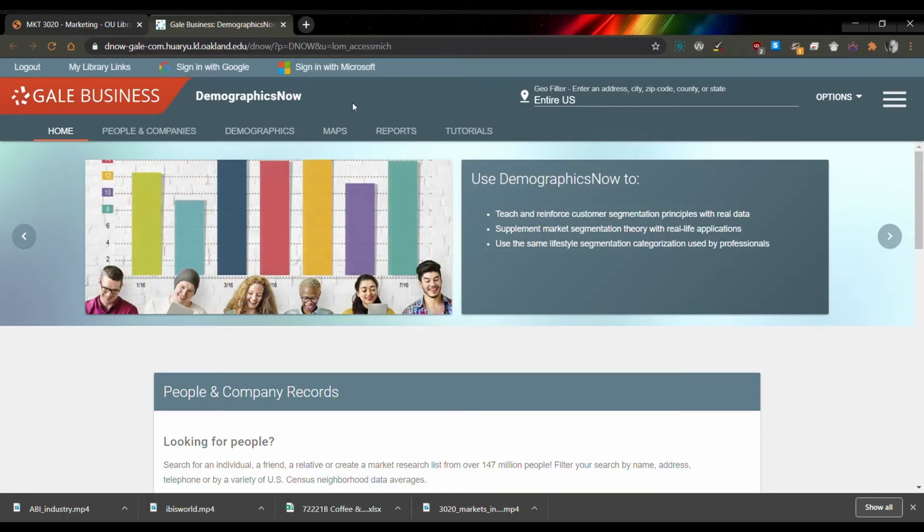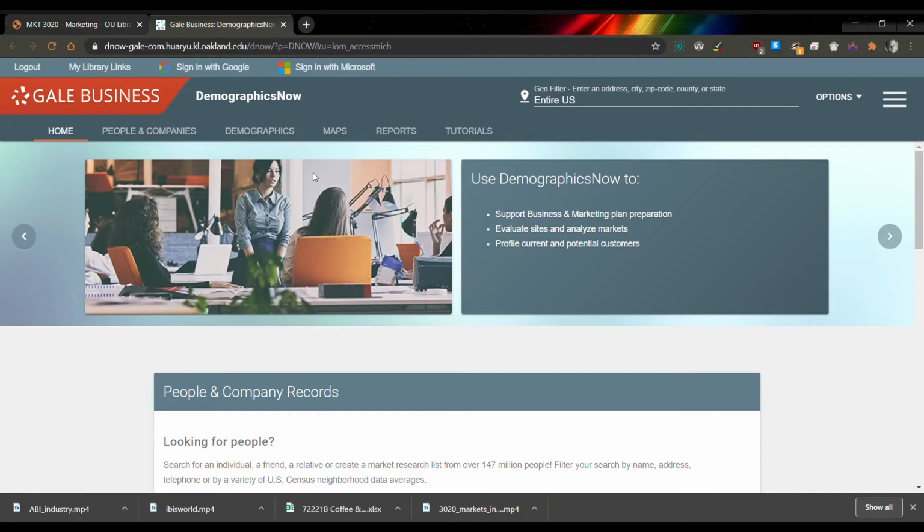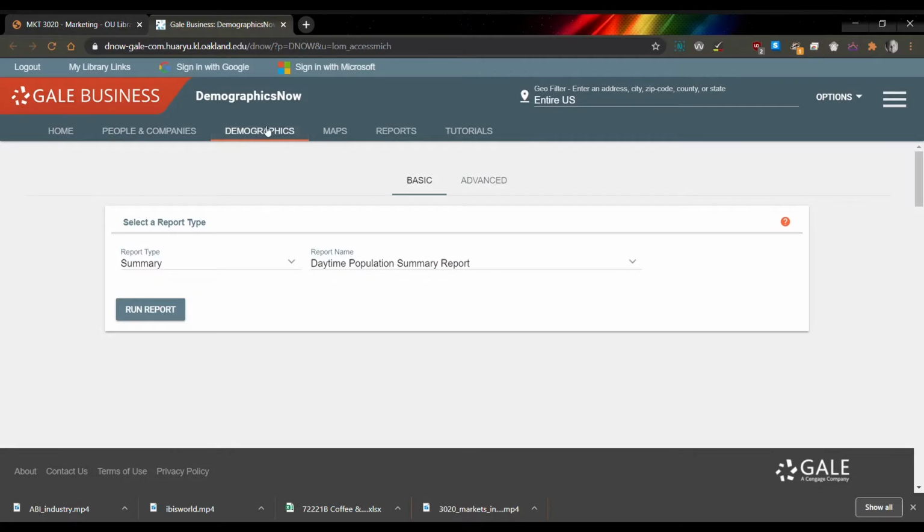So this is Demographics Now, and it is a useful tool for finding, well, like the name implies, demographic information. It also can do things like generate lists of people and companies, and it can do maps and other things, but we're going to focus just on the demographic stuff that it does. So if I click on this demographics tab here across the top,